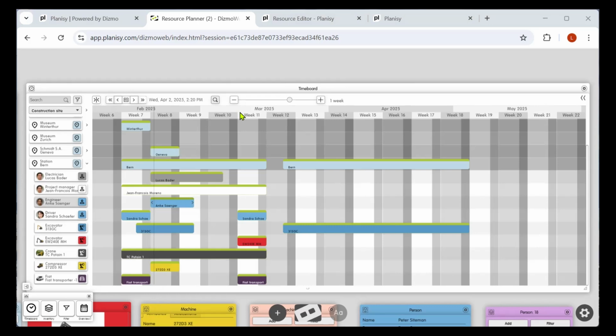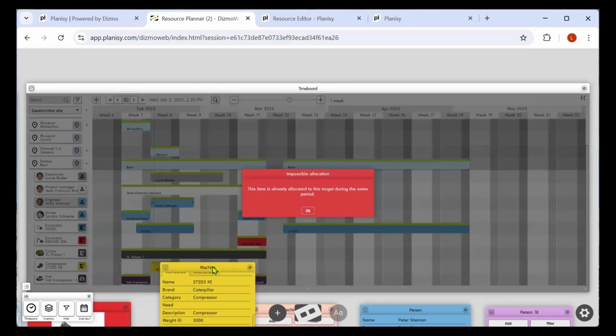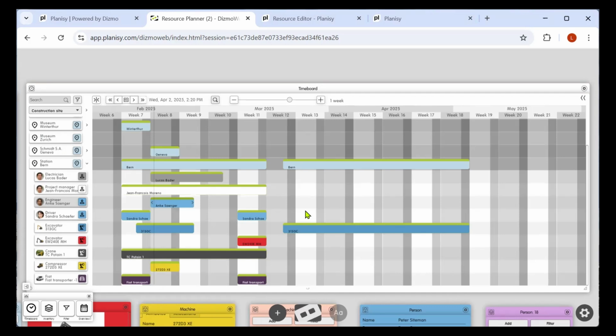By notifications, we do not mean those text bubbles popping up to provide feedback on actions performed by users, such as the one indicating here impossible allocations. With notifications in this video tutorial, we refer instead to communications sent to users of PlanEasy regarding either